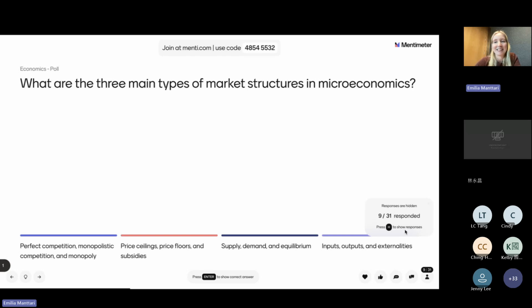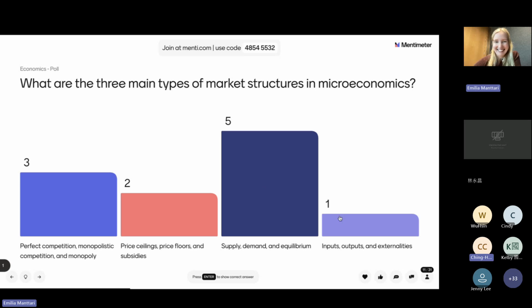So that helps me understand when it is time to show how you've responded or when I maybe need to wait a little bit more. But now I think I'm going to actually show us. Okay, so we have quite some variety. So we have some votes for each of these different ones.